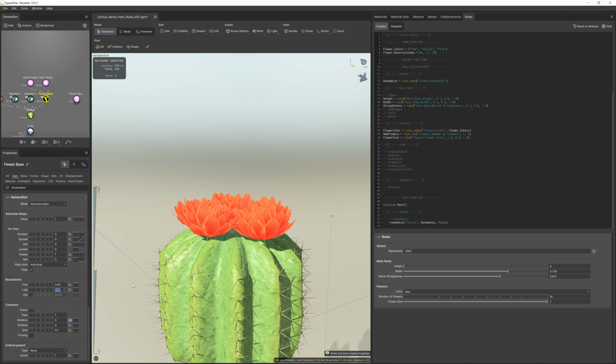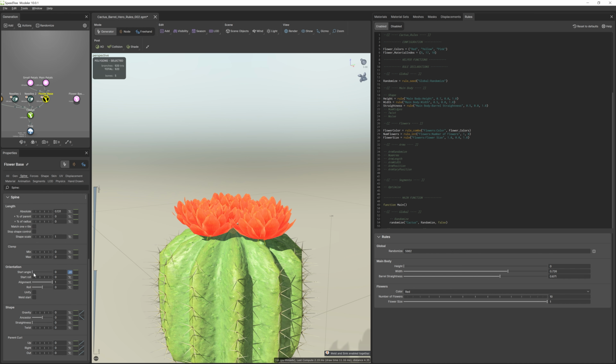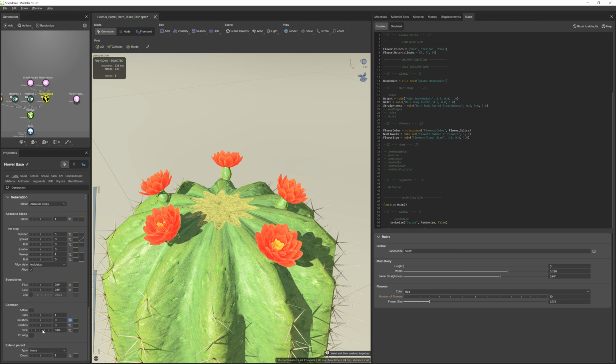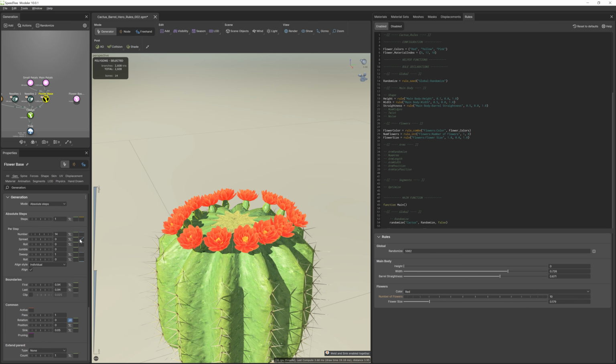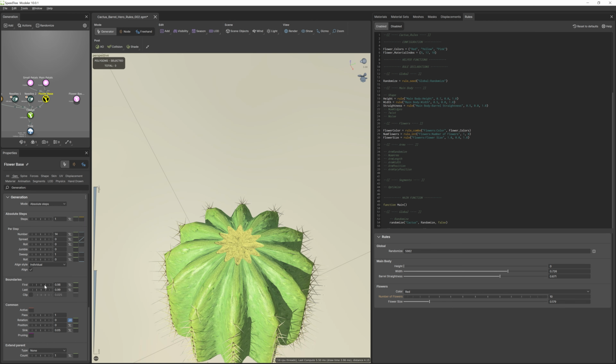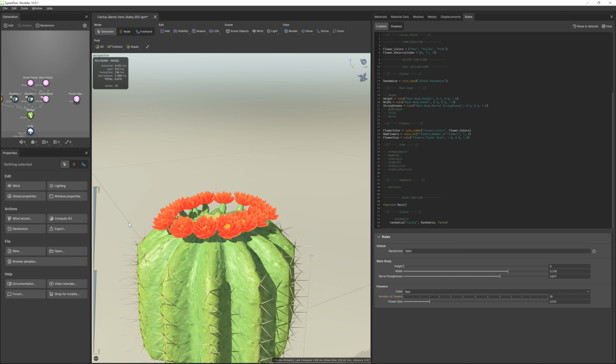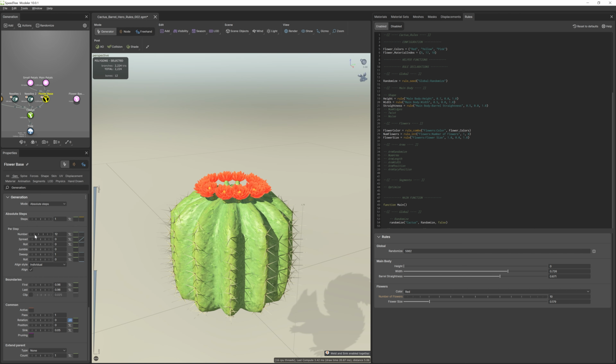Now, I'm just going to scale down the flowers so that I can see a little better, refine some base settings like start angle, and I'll test out increasing the per step number. Okay, now we can see that this will work when we want multiple flowers in a ring. But when I want a single flower, I'll want my generator's original settings. Since I changed a lot of settings, the easiest way to switch between single and multiple flowers will be to have 2 sets of generators and show the appropriate set and hide the other set.